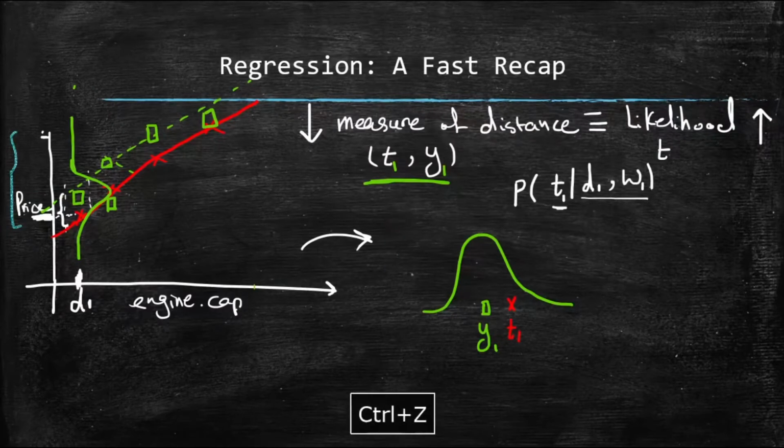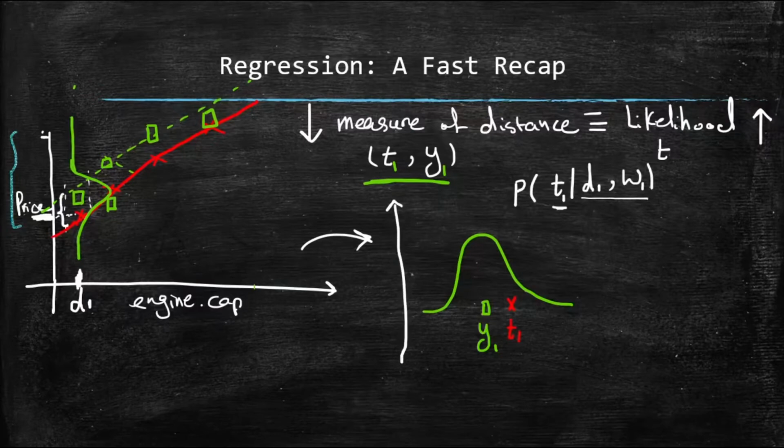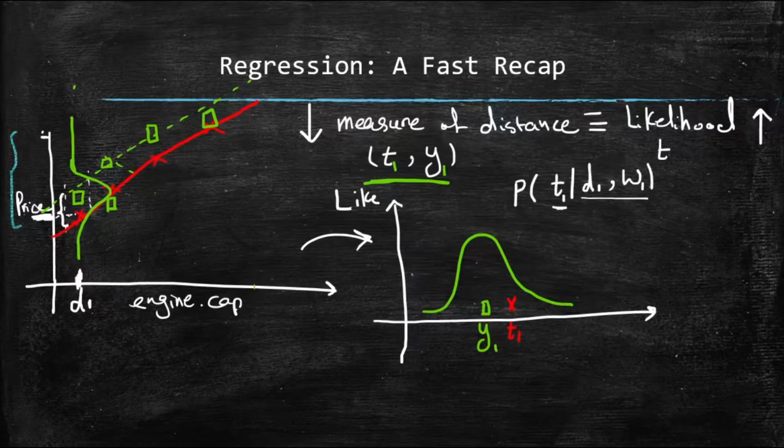Let me use the white color. So if this is y, this right here would tell me about the likelihood. Likelihood of what? Likelihood of observing t1 by this Gaussian, if this Gaussian were to explain my ground truth. So if I were to put t1, this particular value of my car price, this is the price,